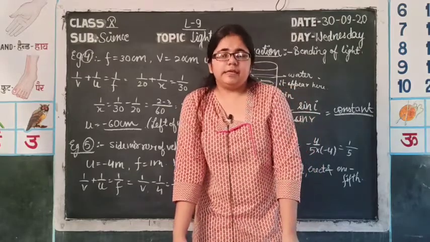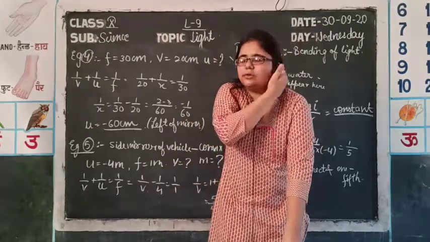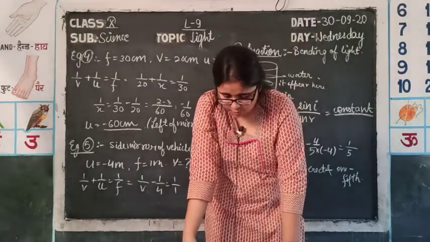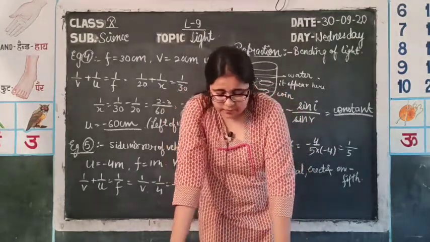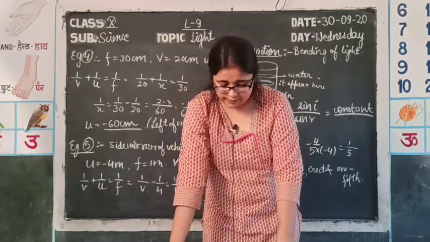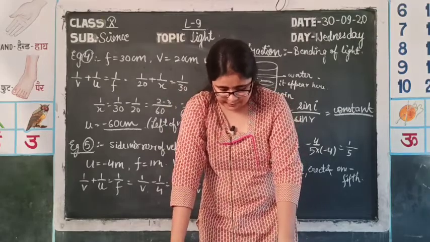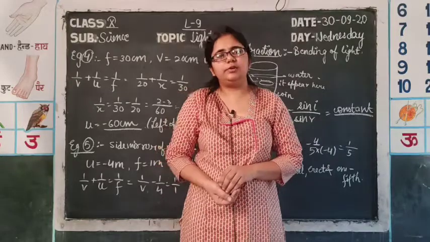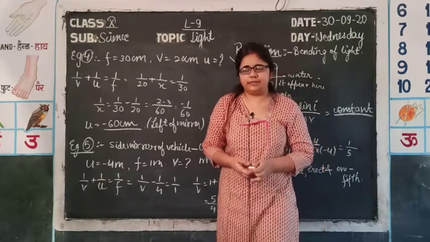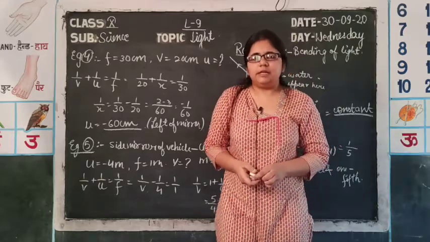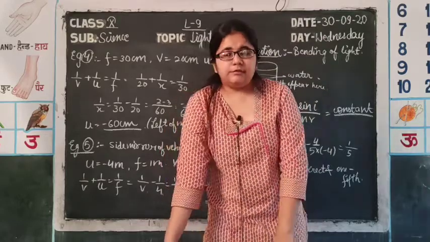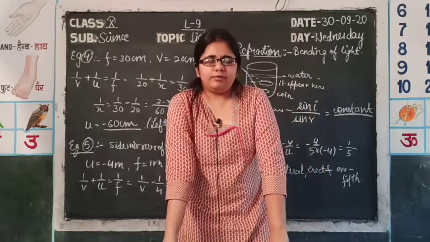This refractive index tells us whether the medium is denser or rarer, and tells us the velocity of light in different media. So first of all, we will discuss what absolute refractive index is. It is when light travels from vacuum to a medium, then the refractive index of that medium with respect to vacuum is the absolute refractive index. One more term is relative refractive index, which is the refractive index of one medium with respect to another medium, and the refractive index is reciprocal of the velocity.